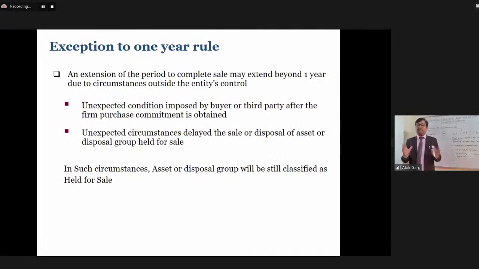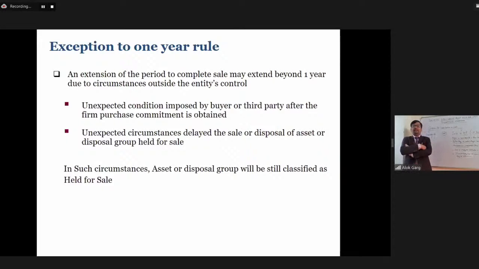So friends, we have covered a lot of examples here, and these examples are also there in your study material. Now, exception to the 1 year rule. Now you will say, for example, sir, we want to sell this building, and while preparing books of accounts in March 20,